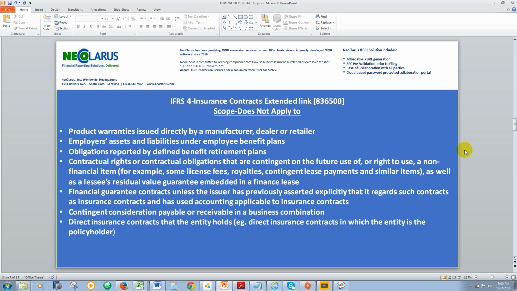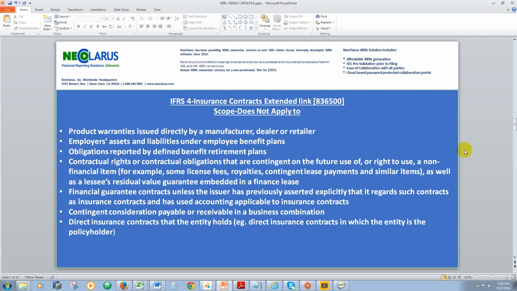retailer, employers' assets and liabilities under employee benefit plans, obligations reported by defined benefit retirement plans, contractual rights or contractual obligations that are contingent on the future use of or right to use a non-financial item, for example some license fees, royalties, contingent lease payments and similar items, as well as a lessee's residual value guarantee embedded in a financial